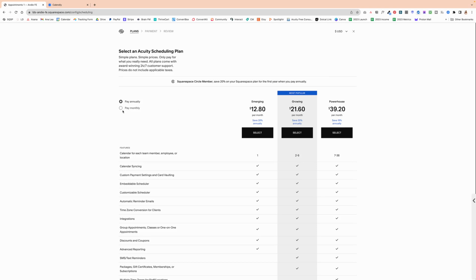So you can pay annually or monthly. You will save 20% if you pay annually. If you pay monthly, it starts at $20 per month, which is more than enough if you're just running your business solo. But if you have a team and you want the ability for each of your team members to book appointments, if you have multiple coaches or consultants or therapists, then you can select between a growing or a